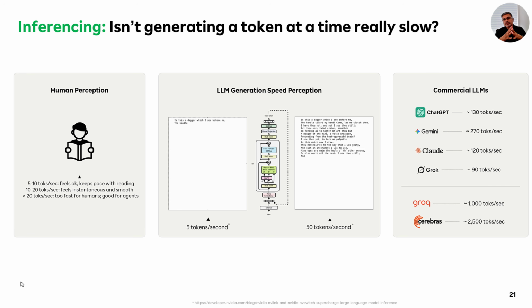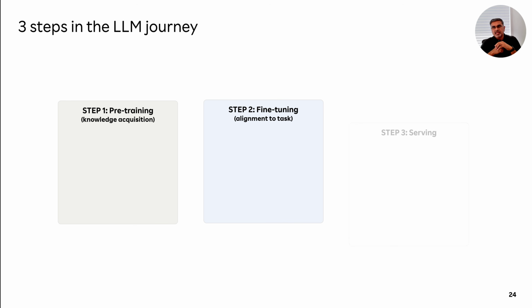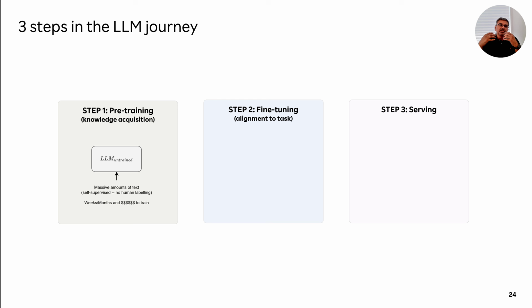Now let's get started with the technical details of how generative AI really works. All right, so there are 3 steps in building a large language model. The first step is called pre-training, the second step is called fine-tuning, and the third step is serving the large language model. In the first step, you take an untrained LLM, which is nothing but a decoder-only transformer neural network